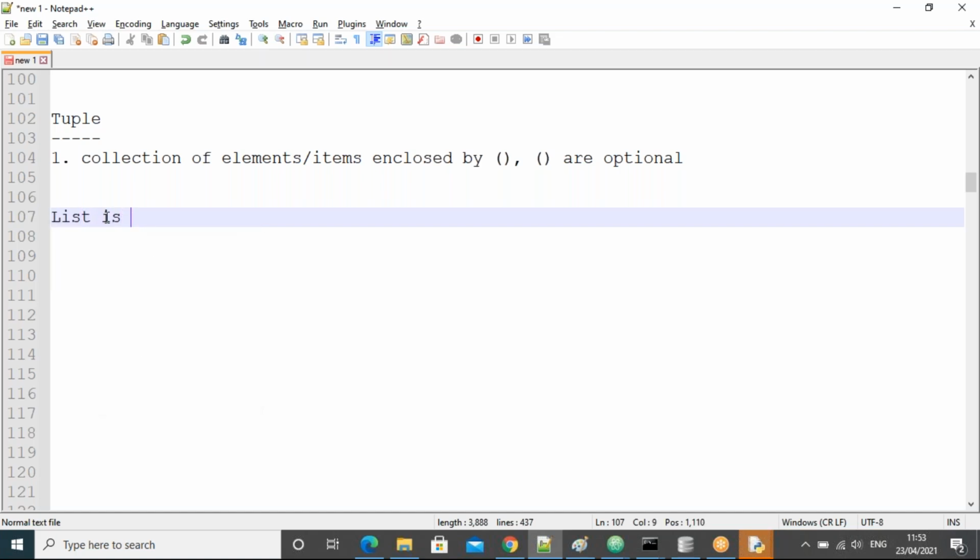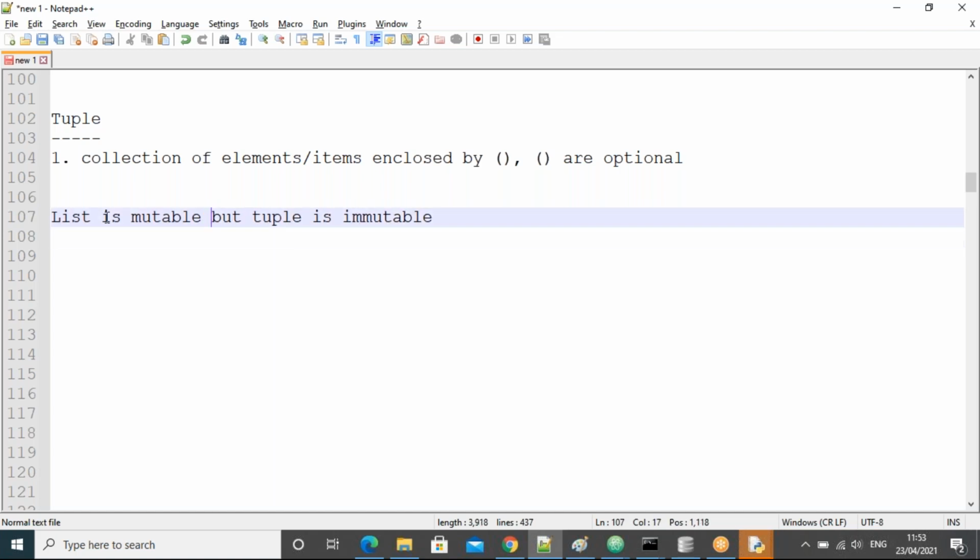So list is mutable, right? List is mutable, but tuple is which one? Immutable. This is one difference, guys.